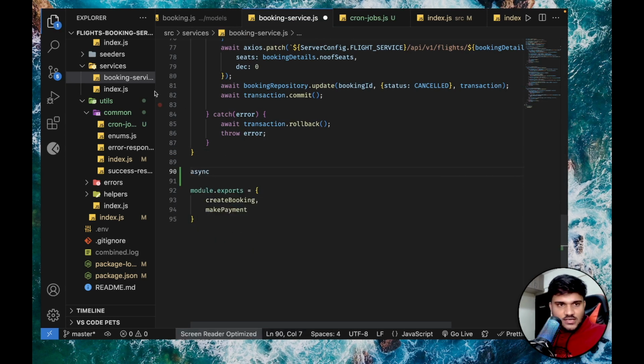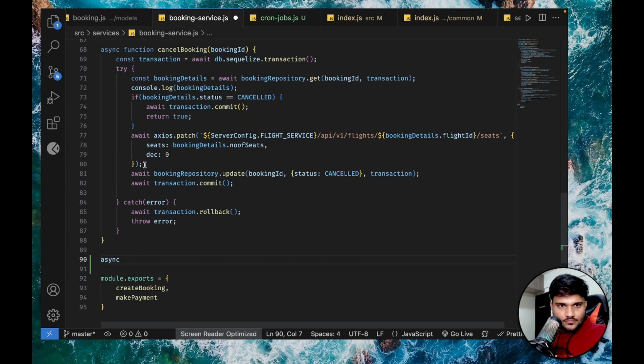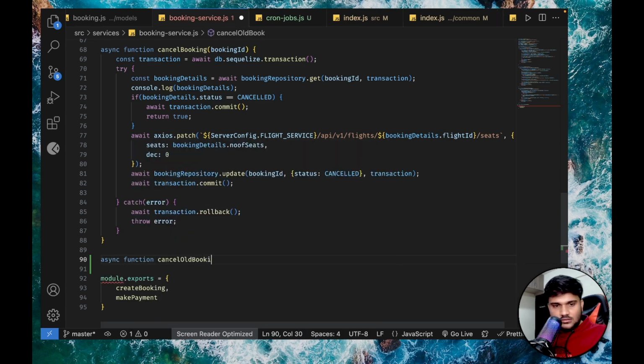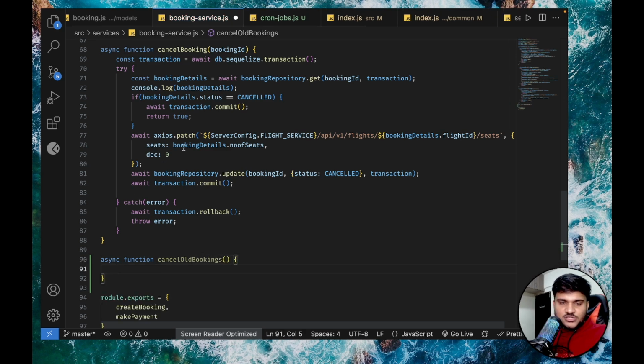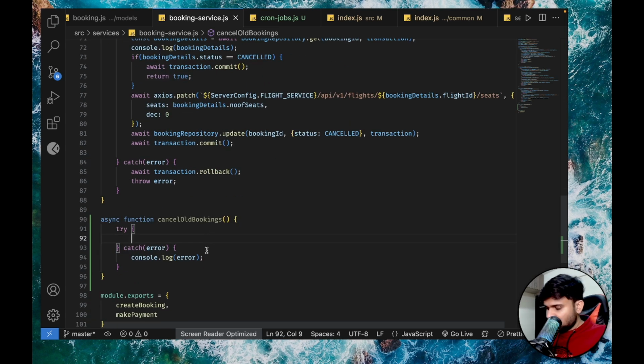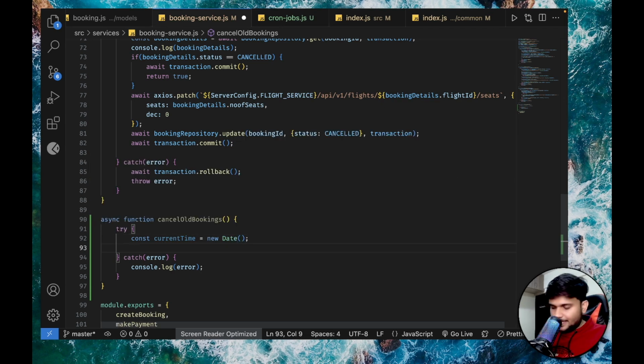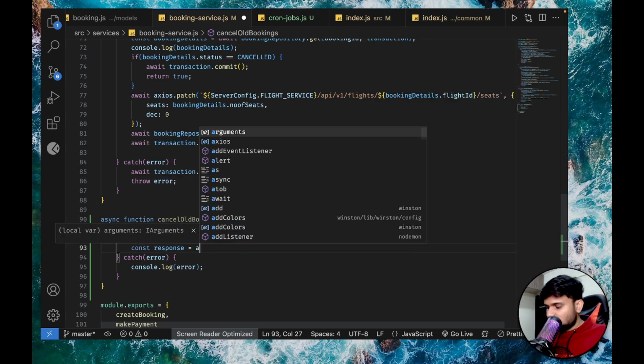I'll write a function async function cancel old bookings. We don't need to expose it like an API, right? What I'll say is try catch. Inside catch, I'll say console.log error. Inside try, what we will say is const current time is equals to new date, right? And let's try to write a Sequelize query that is const response is equals to await